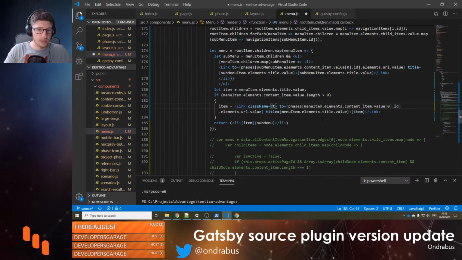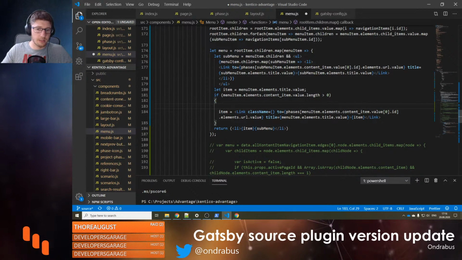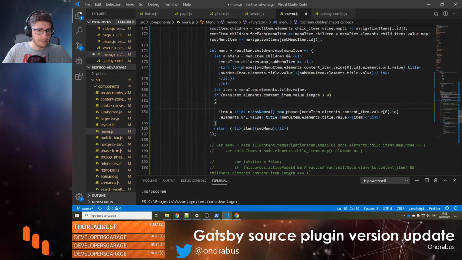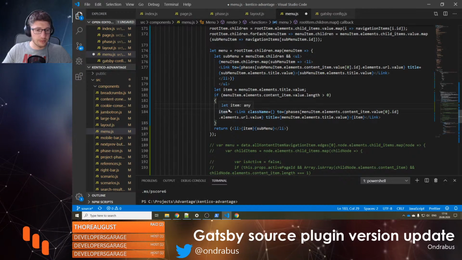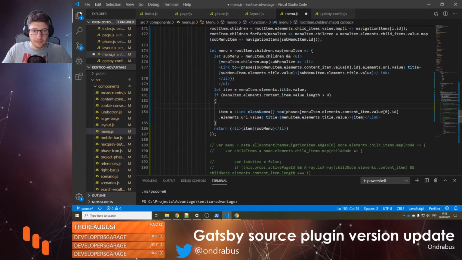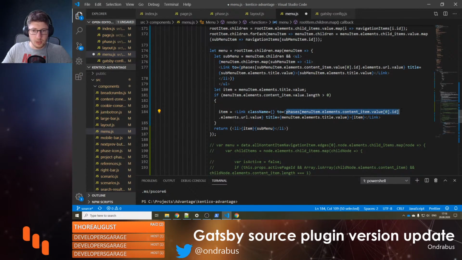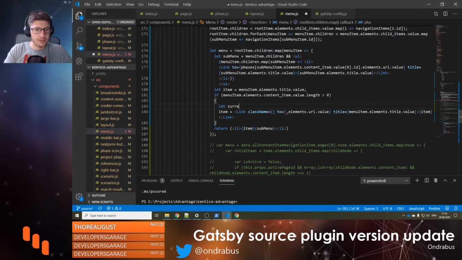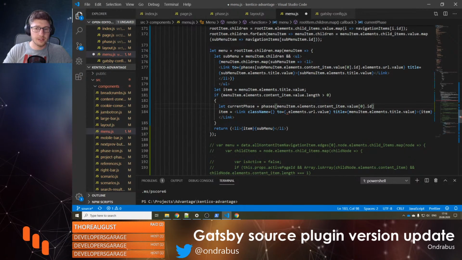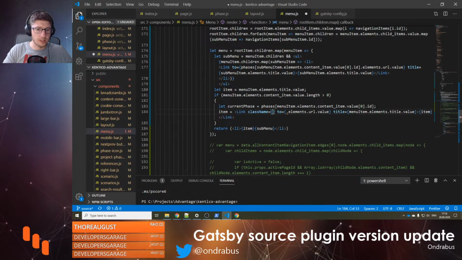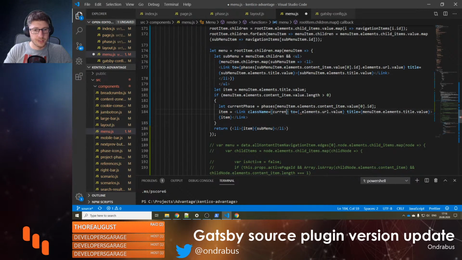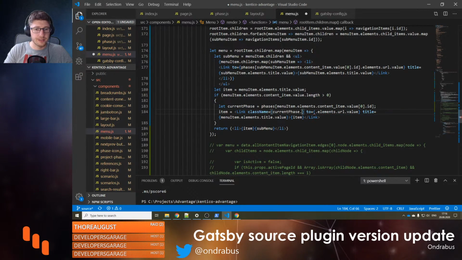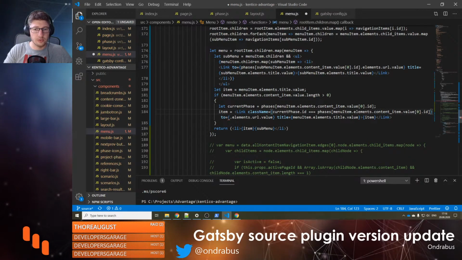So let me just add this a little bit here. So I'm gonna extract it from here. This part. Let current phase equal this thing, because we need it for class name. So if current phase ID equals to,